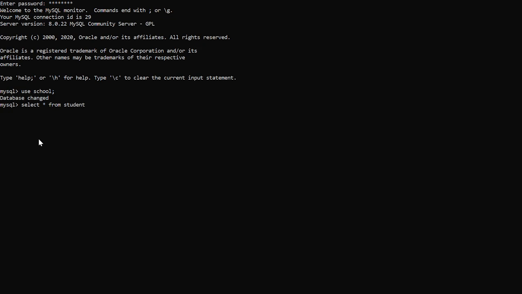So we have this table with the name student. In this table we have roll number, name and address. If we want to update this name, Anjali, with another name, Anu.